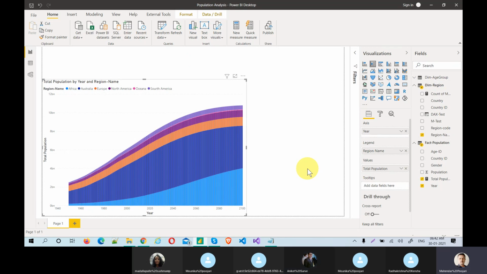This is purely on the VertiPaq engine. Power BI is an in-memory processing system, so you don't need to worry about the memory; that is the advantage of Power BI.